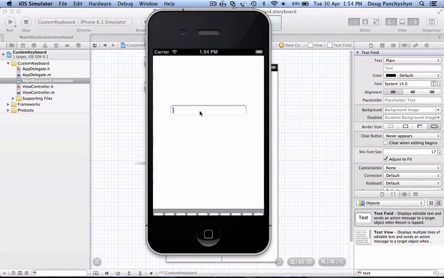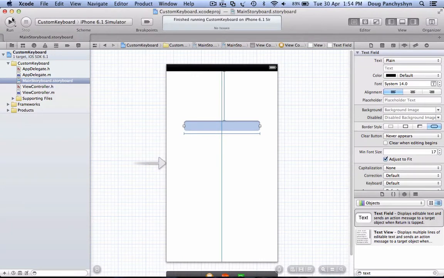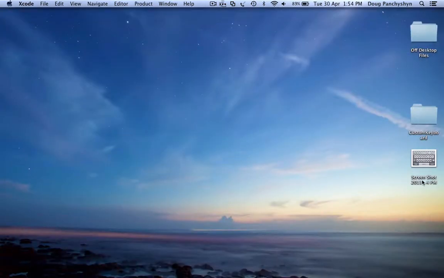So here's the simulator. We're going to capture this. Here goes the Command Shift 4 that lets me move the mouse over top of the keyboard and just get a quick capture that we're going to throw into an image view. And we will just quit this. We'll minimize this. We'll call this keyboard,